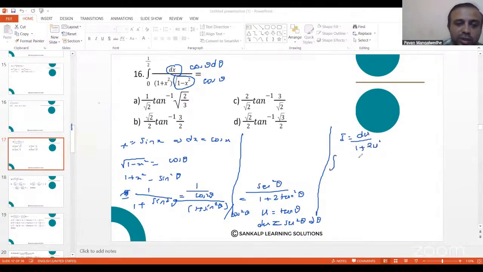So, which gives the integration of 1 by 1 plus root 2 u, the whole square. So using the formula, we get 1 upon a tan inverse of x by a plus c. After solving this, we are going to get the answer in the form I is equal to 1 by root 2, into a, into tan inverse of